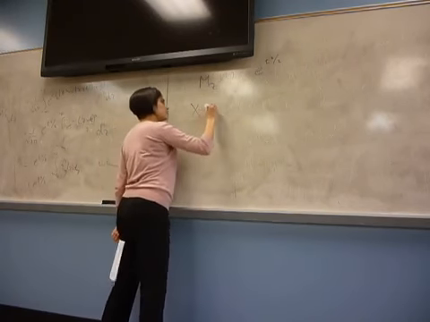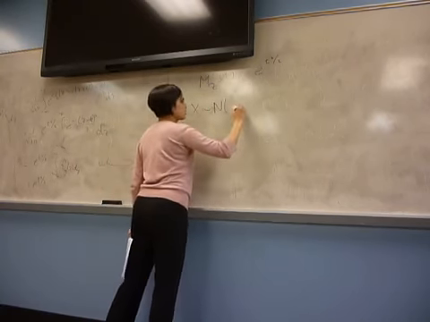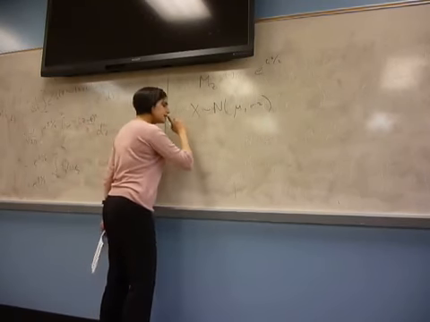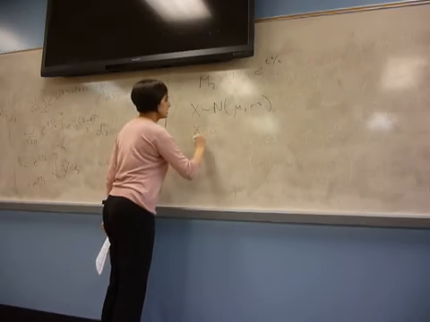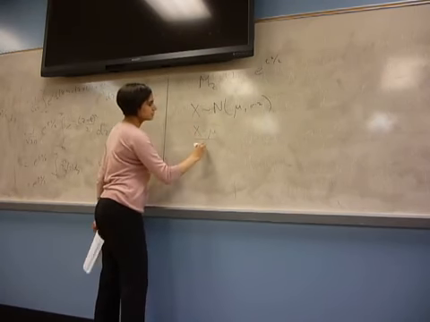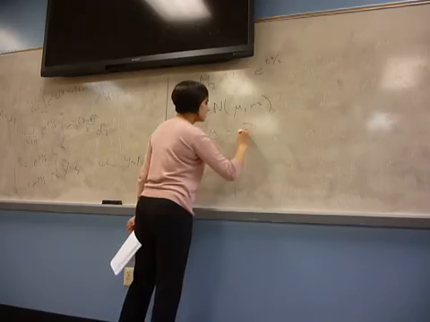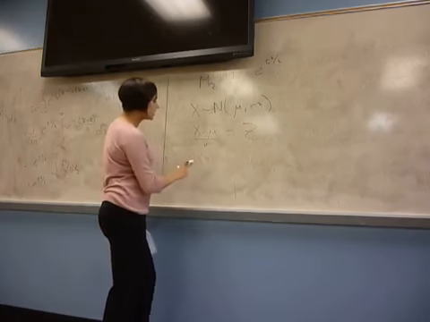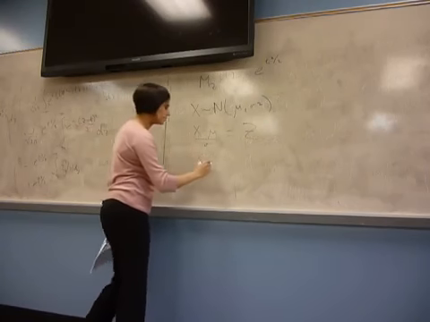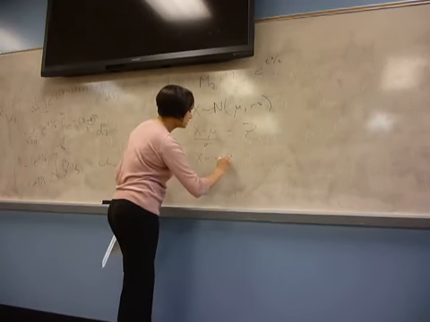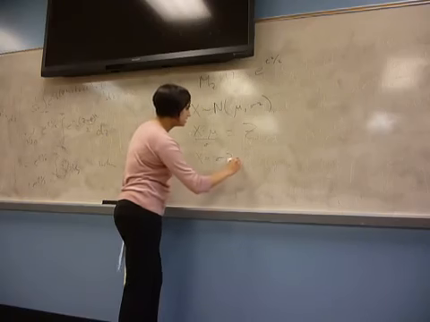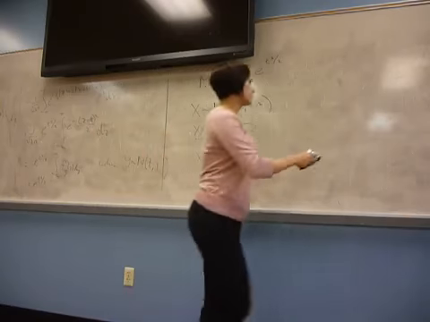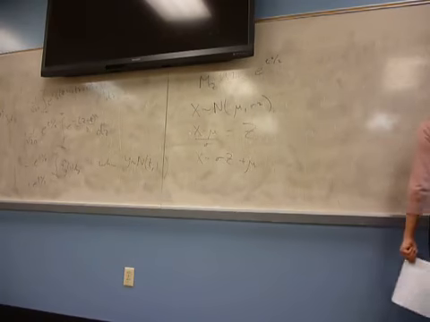Now for any normal random variable, what is its moment generating function? Well, here's one of the properties of normal distributions. If I take a normal random variable, subtract its mean, and divide by standard deviation, it is the same as a standard normal distribution. So I can always write a normal distribution with mean mu and variance sigma squared as sigma Z plus mu. So sigma times a standard normal random variable plus a constant mu.